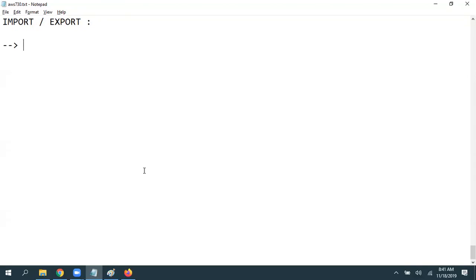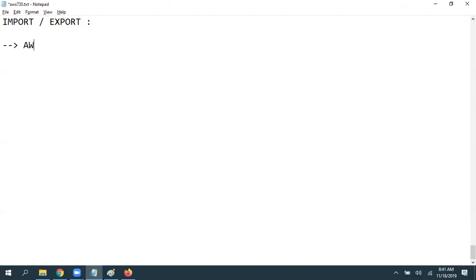Okay, so if you have 50 TB of data and you want to upload over the internet, for 1 TB, if you have 1 Gbps internet connectivity, it is going to take 3 days. Again, with 80% of the network utilization, it is a big thing to upload such type of data over the internet. So instead of that, Amazon has its own hardware devices. You can request a device, get the device, and upload all the data, or download all the data from the S3 platform also.